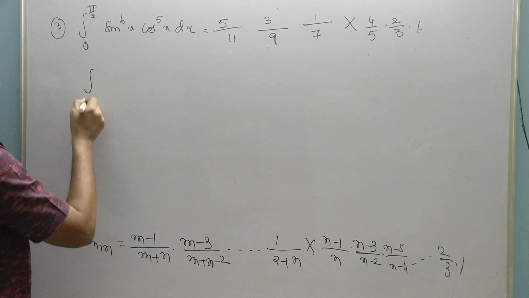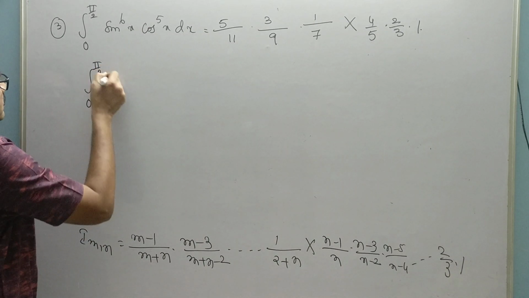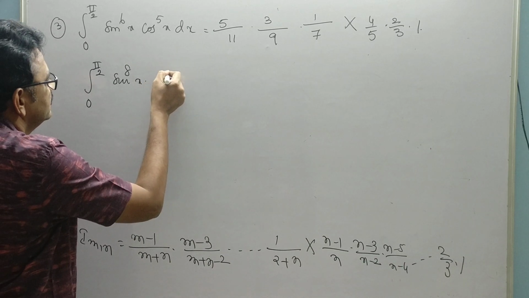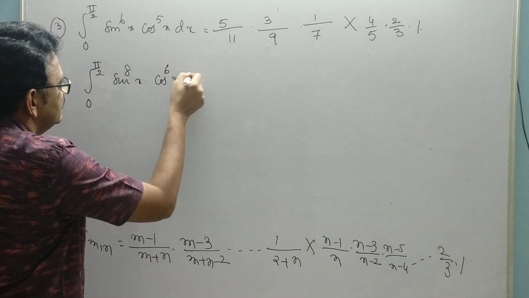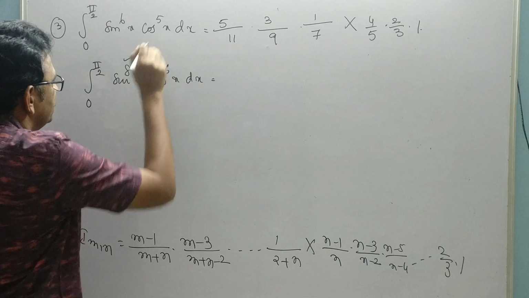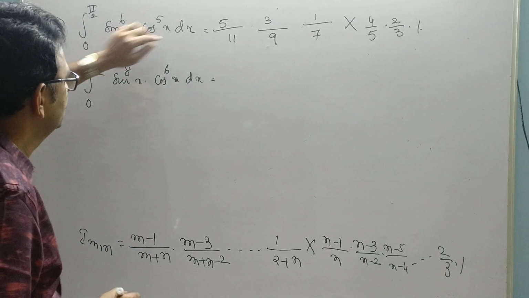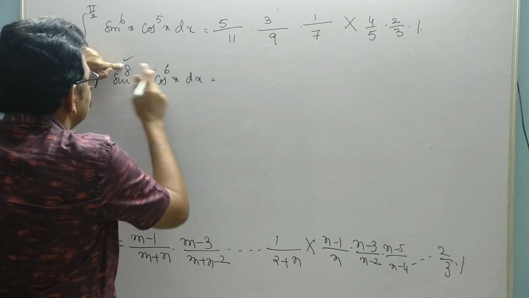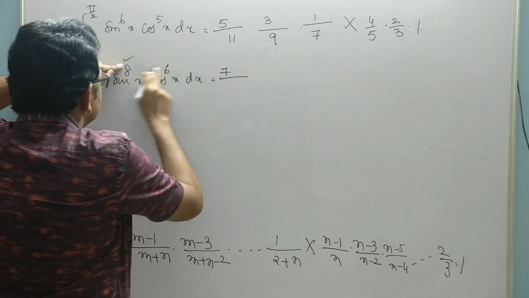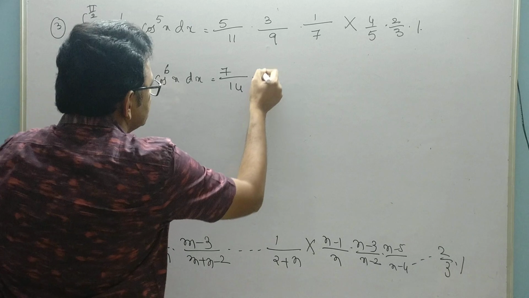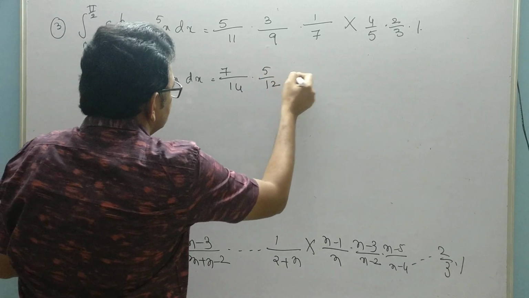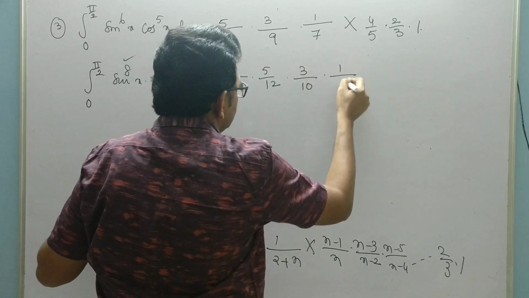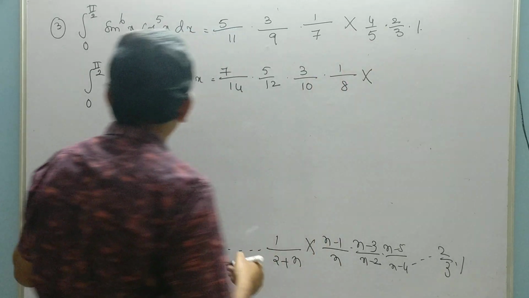One example, integral 0 to pi by 2 sin power 8x into cos power 6x dx. So this is even number. So what about the formula? m minus 1, so this is 8 minus 1, 7, by sum of these two, 14. Next 5 by 12. 3 by 10. 1 by 8 into, for this expansion,